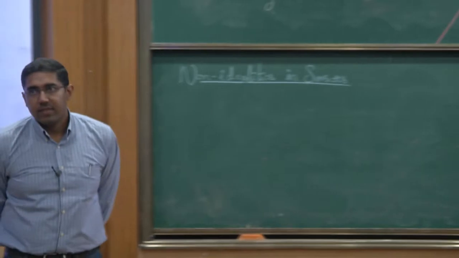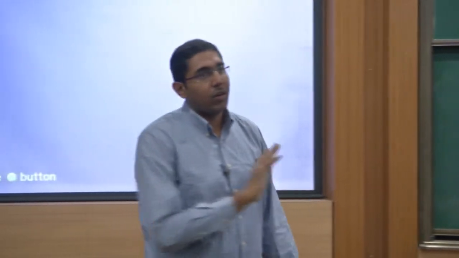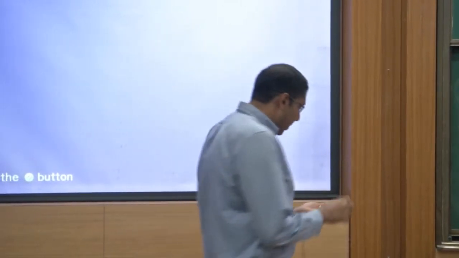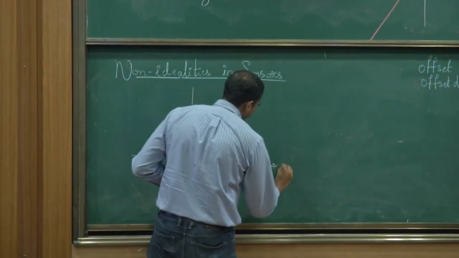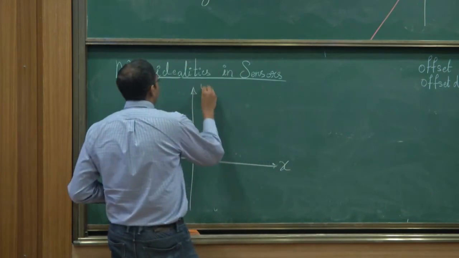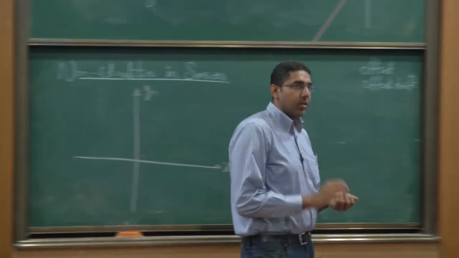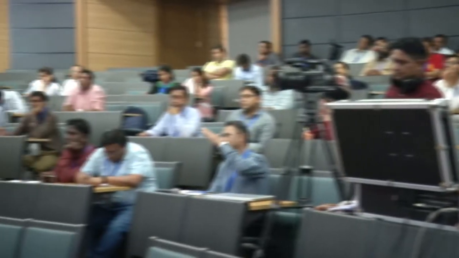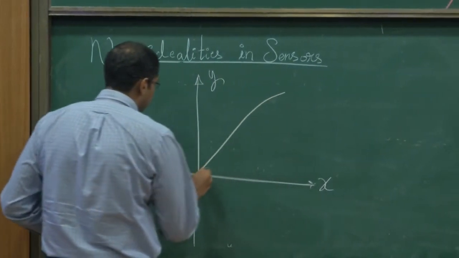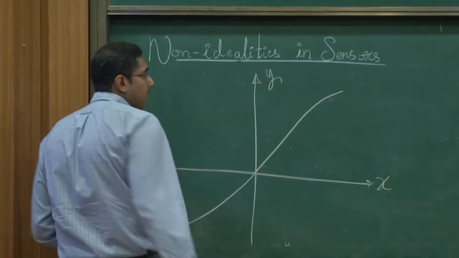Now what else? Look at that curve. How can that be wrong? First way we made it wrong is to move it up, right? How can we change that? Some kind of saturation. What does it mean? Yeah, it is not anymore a straight line, right? It could be something like this, okay?